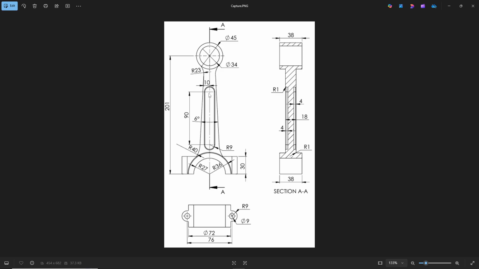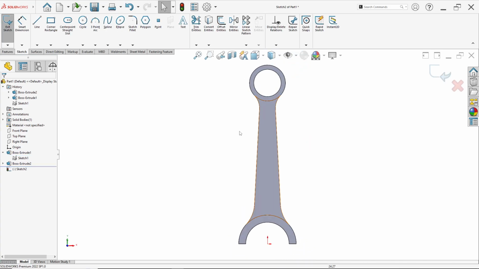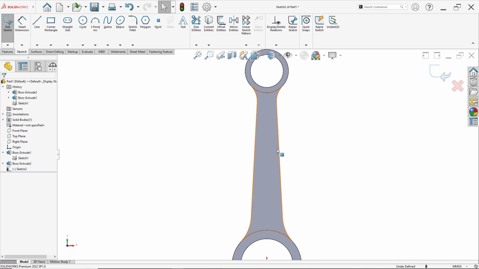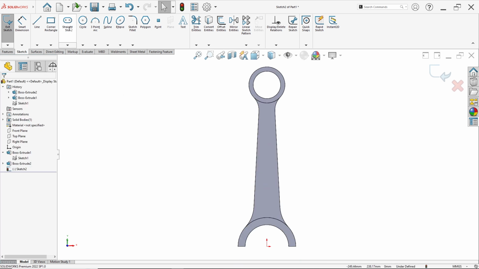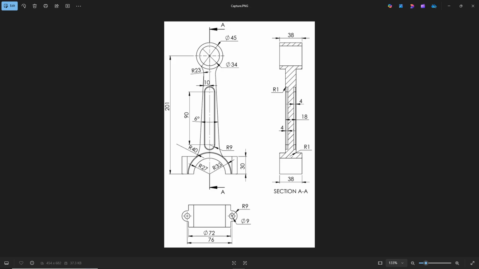Here there is a cut, a sketch like a slot. So right click on this face and click sketch. Draw here. Select straight slot here. Ensure it is vertical from this origin point like this. Draw from this to the top. Sorry, we can repeat here. Click straight slot. Draw this here.